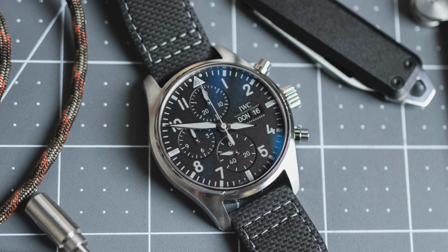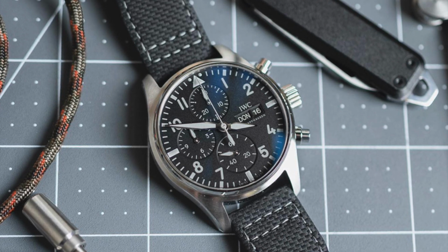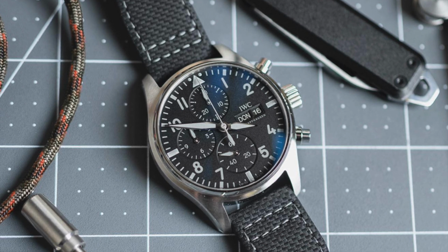This is, I guess it's not a big pilot. It's a big pilot. Yeah, it's just the Pilot's Chronograph, right? Pilot's Chronograph, yeah, 41 millimeters, done with the Collective. I just put the strap back on it that it came with. Thought I'd give that a try for a little while. So,